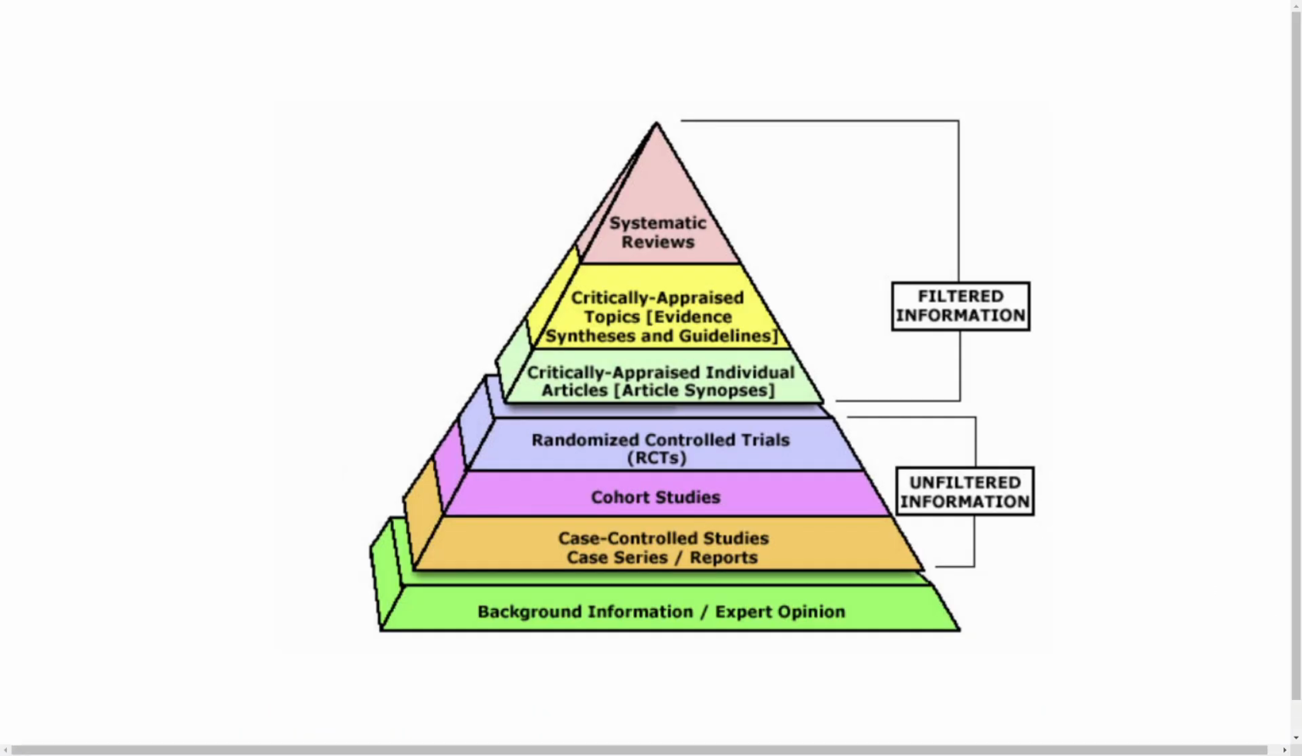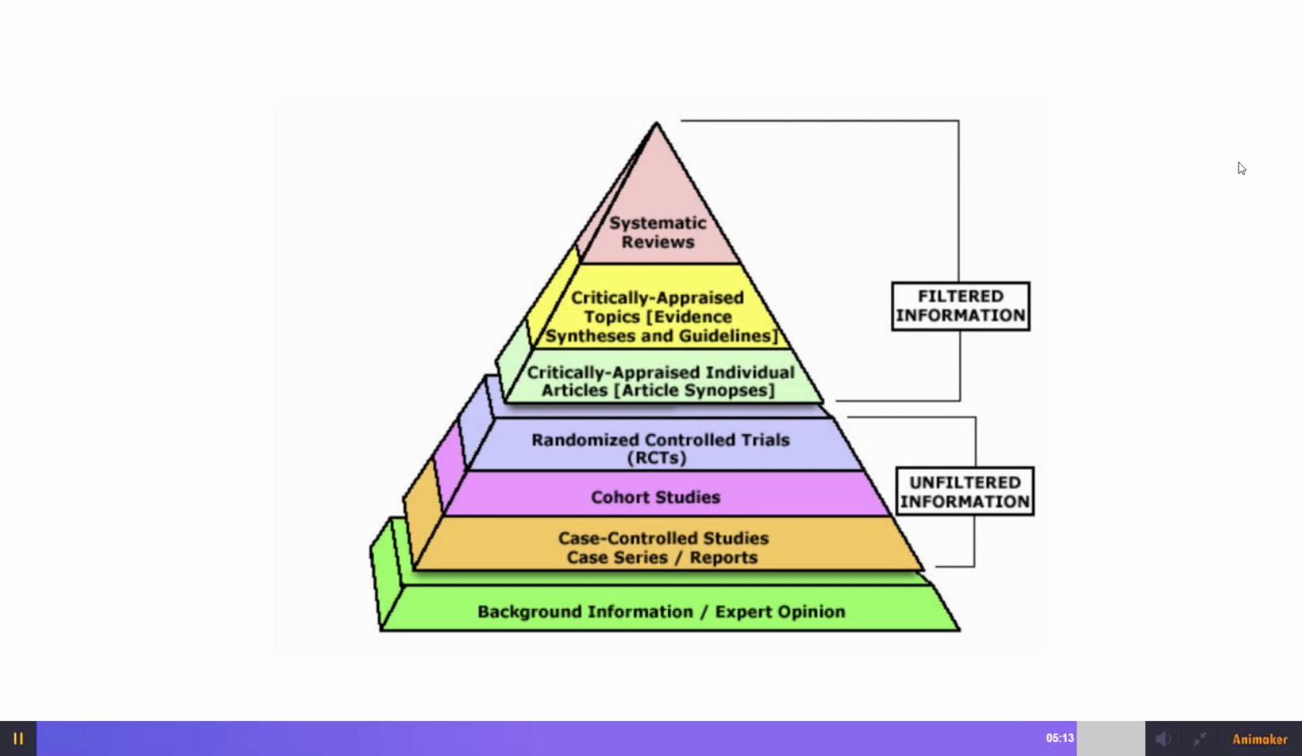This concludes our module on the hierarchy of evidence and types of clinical papers that are used in the community. Later this week, we will learn to read and summarize a clinical paper,